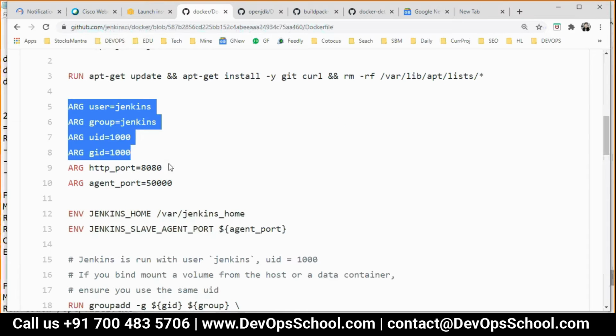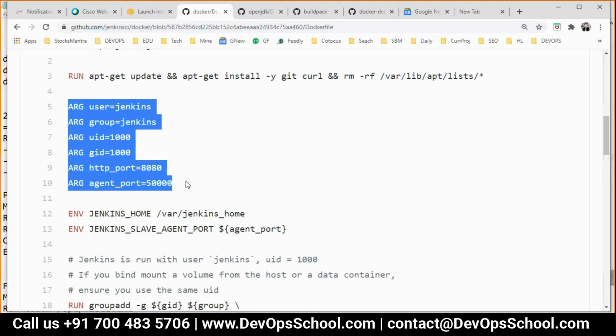Now what is ARG? So guys, this will also create a layer, but this will be a meta layer. Meta layer means this will not have any data layer, no file systems. These meta layers will be stored in the /var/lib/docker image directory, not inside the overlay2. So what exactly is ARG?